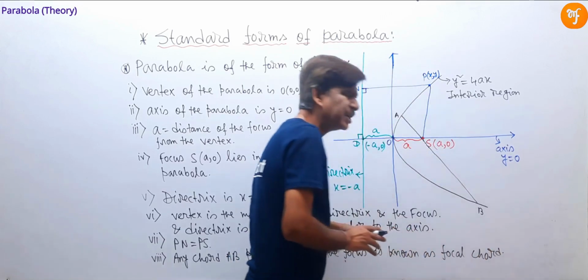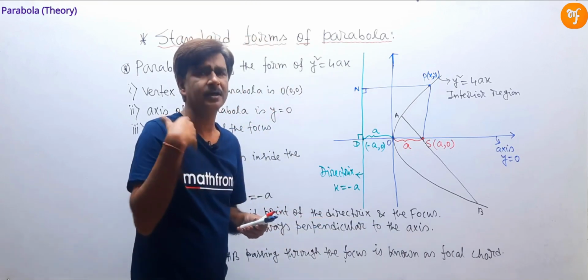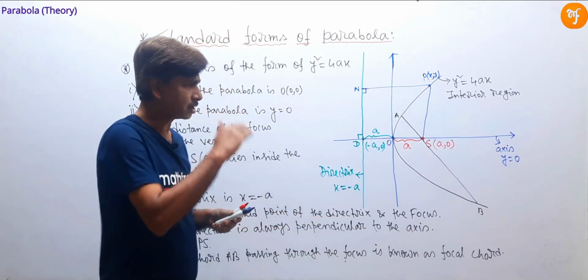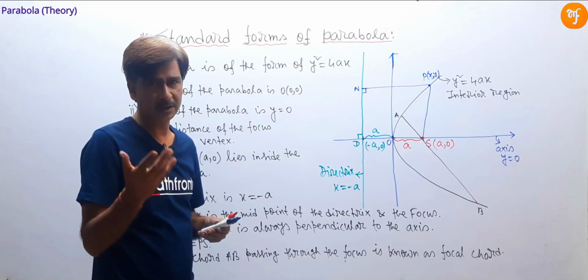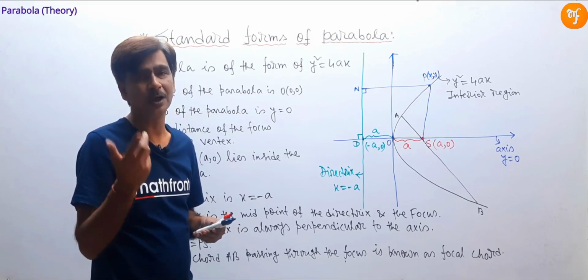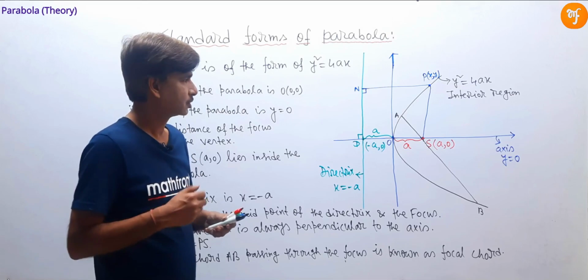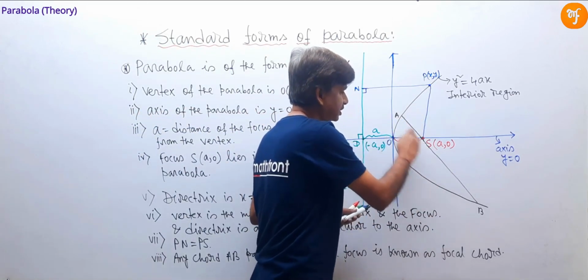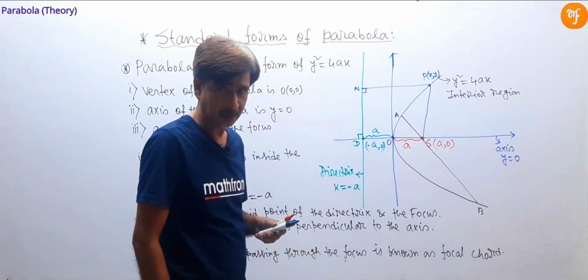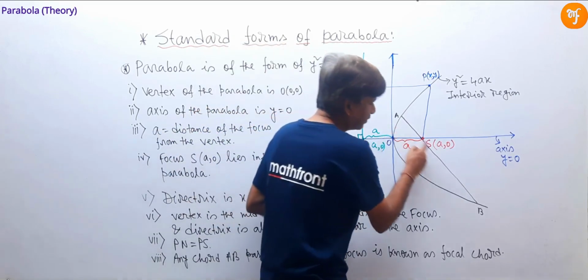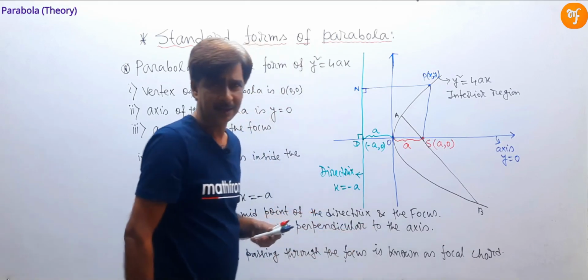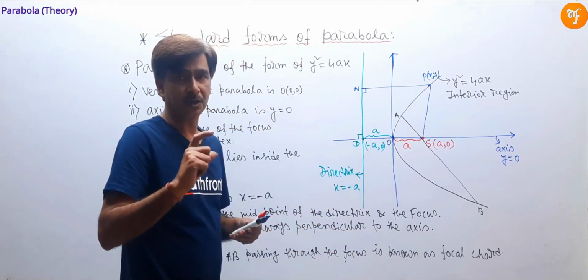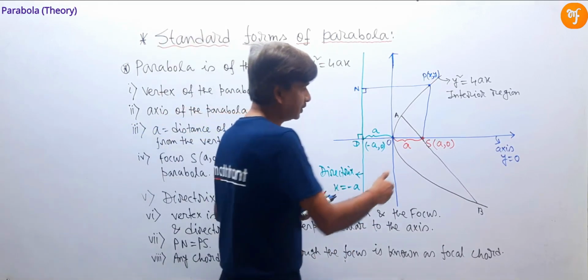So for any conic, for hyperbola, ellipse or parabola, any chord passing through the focus of that conic is known as a focal chord of that specific conic. So here this chord AB passing through the focus of this parabola is known as a focal chord of this parabola. So there are an infinite number of focal chords, and the least focal chord which will be